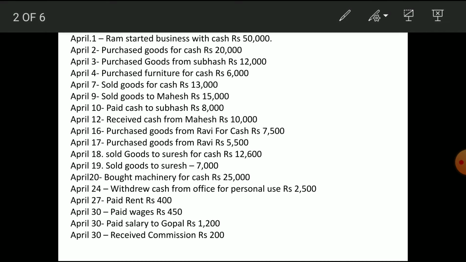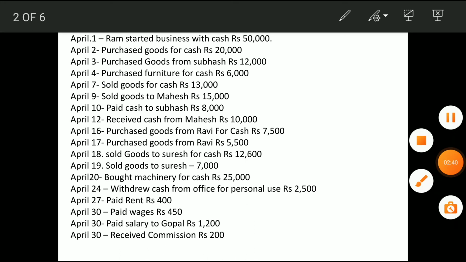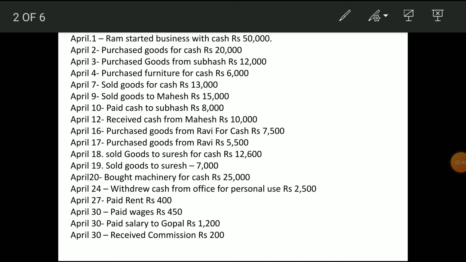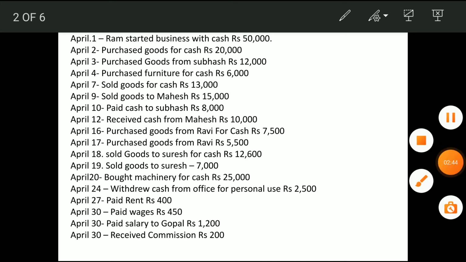Here, more than 20 transactions are there, I think. This is a set of transactions of a business from the commencement of business. April month details are given, the full April month. On April 1st, Ram started business with cash rupees 50,000. He started his business with cash 50,000, and